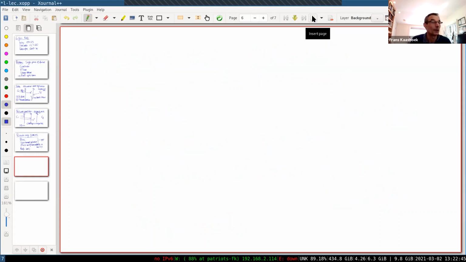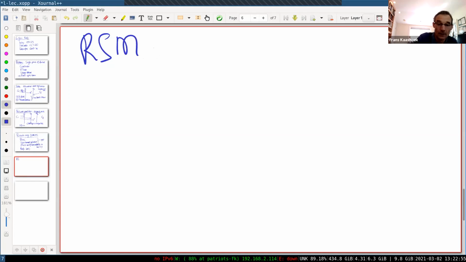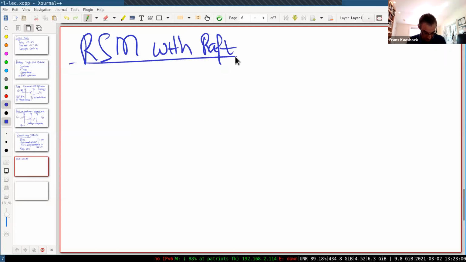So before actually diving into Raft, let me first talk a little bit about how one would use Raft to build a replicated state machine. Because that's in the end our end goal, and that will help with reasoning about what Raft actually should be doing for us. And so the basic way you would use Raft, and we'll actually do this in lab 3, is